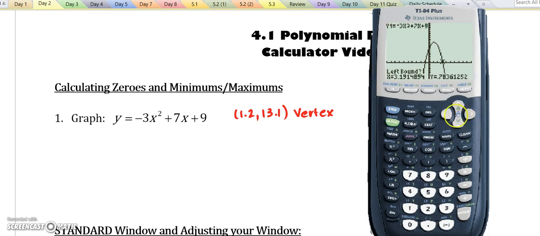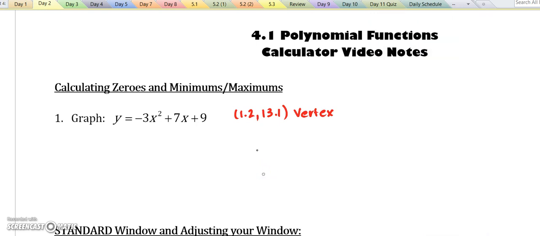It asks me to go left bound of my zero. Looks like I'm above, but I'm just ever so slightly to the left. I hit enter once. I'm going to go right bound now. Looks like I'm below, but again, notice I'm ever so slightly to the right. Hit enter again. Enter a third time. I get about 3.3,